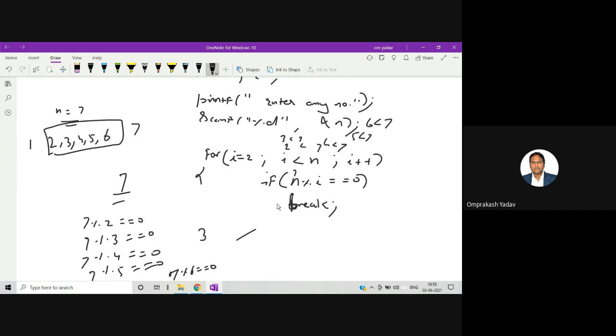No, right? It will go over here and now i will become 7. Once i becomes 7, 7 will not be less than 7, right? So this condition will become false, and the loop will not be executed. Once we reach over here, if the number is 7, what is the i value after this loop? It is 7. So whenever a number is a prime number, it will definitely reach the end number, that is, that number itself. So remember that.